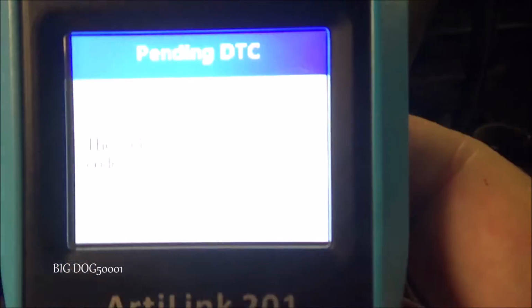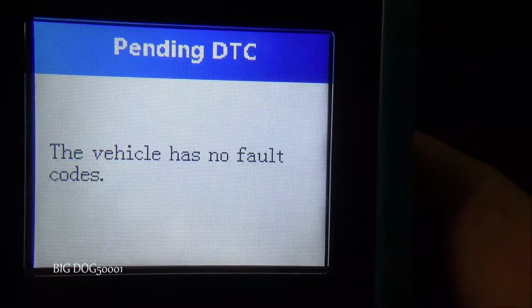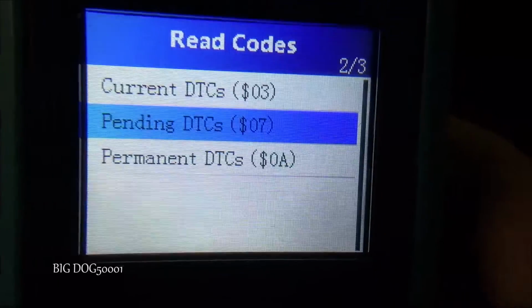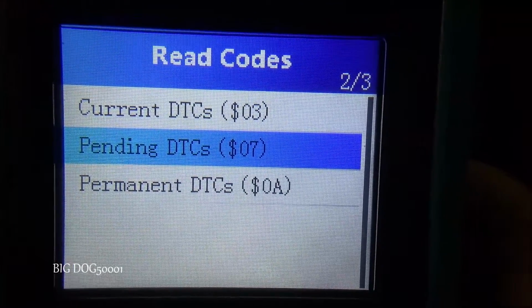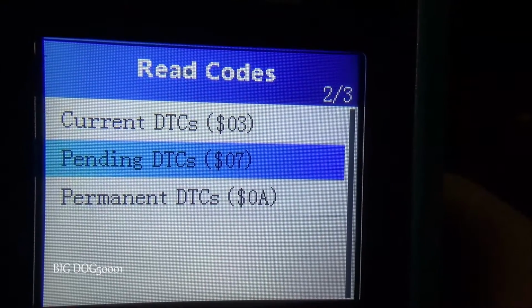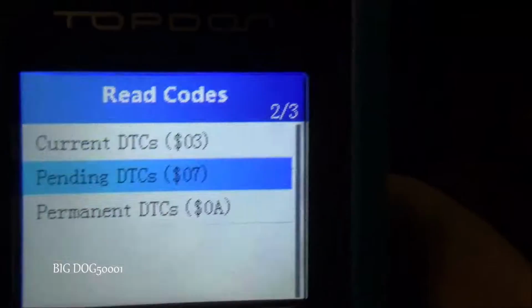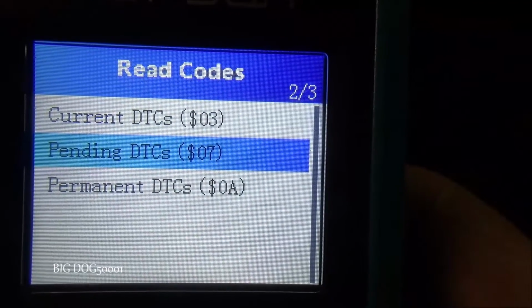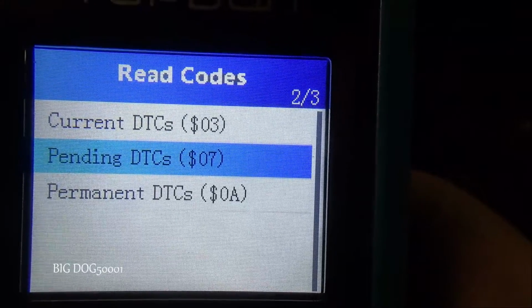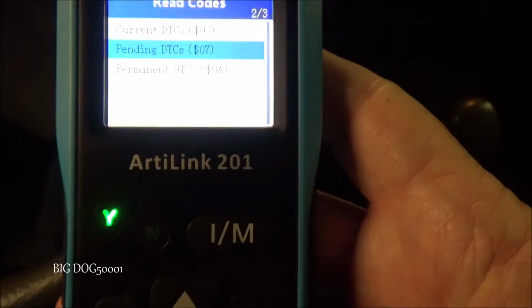Just going by whether the check engine light is on may fool you, but in this case, 2 different vehicles that I looked at back to back had pending check engine light codes for a P0420, and one of them had other stuff, like I think it was an evap code, and maybe some O2 sensors or something, I don't know. But several vehicles had a bunch of pending codes, and in both cases neither one of them had that check engine light on. And so if you were only just looking at the check engine light, that may have got you for a new cat and maybe some other